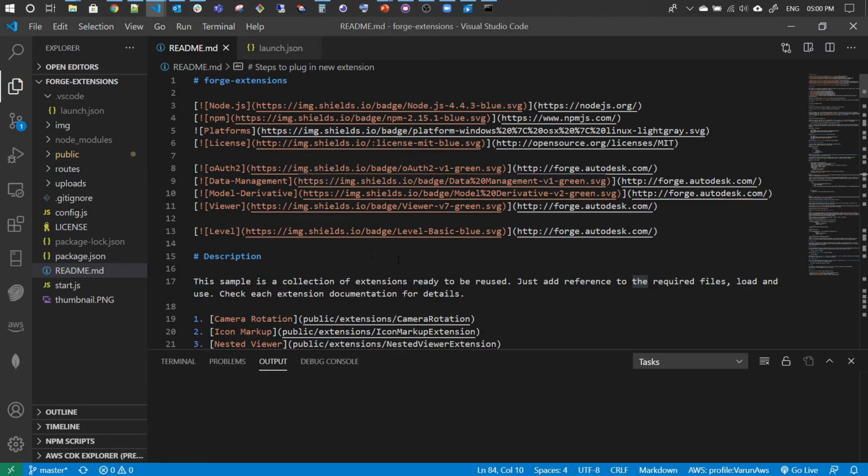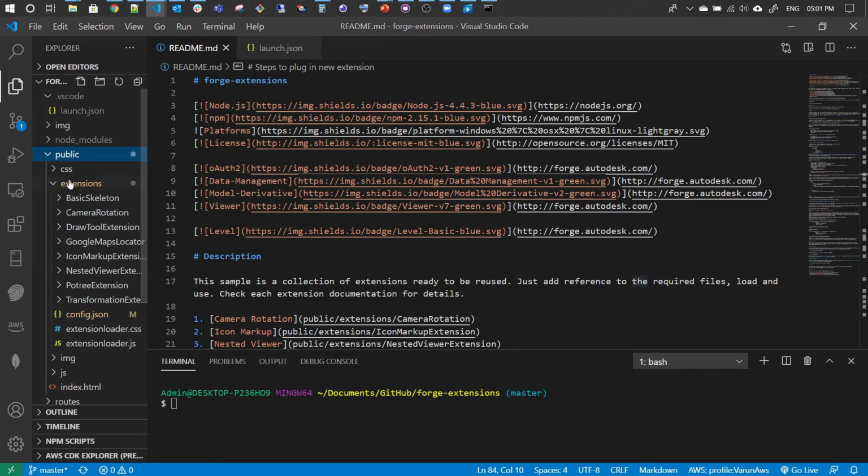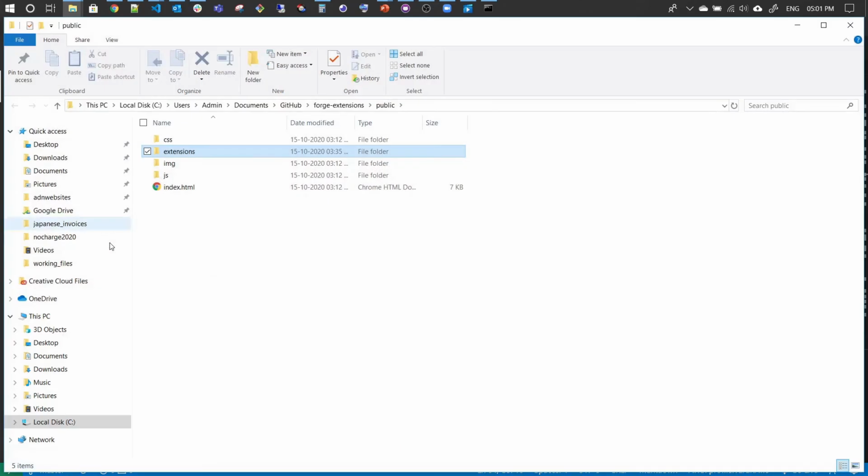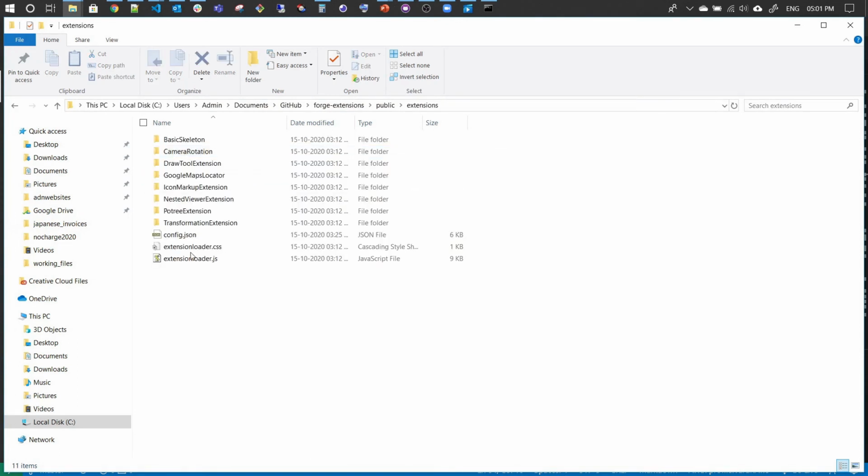I have cloned and opened it in Visual Studio Code. The way to build a new extension using this project is very simple. All we do is use the existing basic skeleton. I'll just copy paste it and rename it to our new extension.